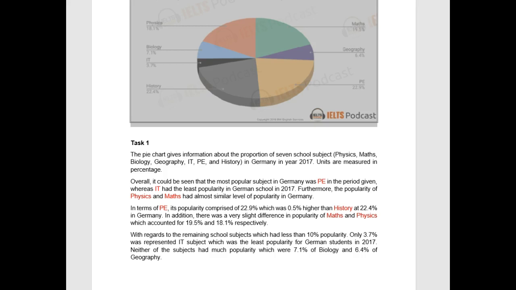the most popular subject in Germany was PE in the period given, whereas IT had the least popularity in German schools in 2017. Furthermore, the popularity of physics and maths had almost similar levels of popularity in Germany. Physics, 18, and maths, 19. Okay, fine. In terms of PE, its popularity comprised